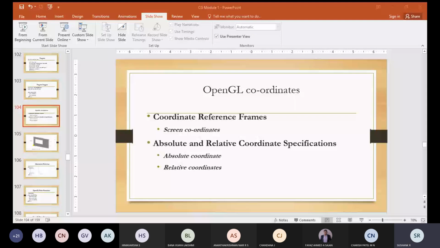For example, you know that there is a command called gluOrtho2D. Using this function, you can set up any two-dimensional Cartesian reference frame.